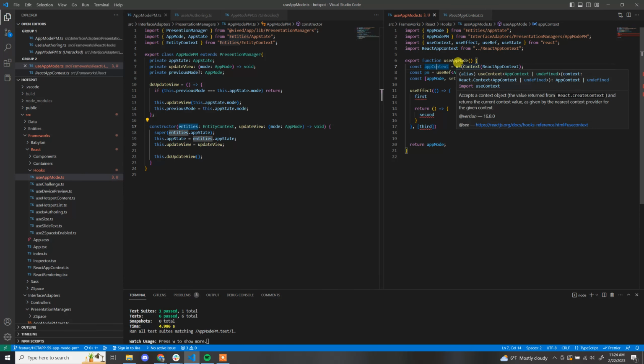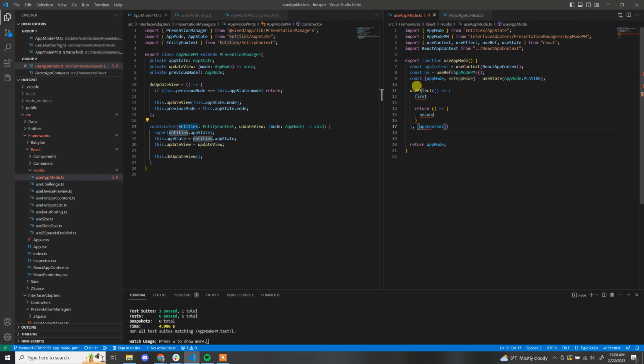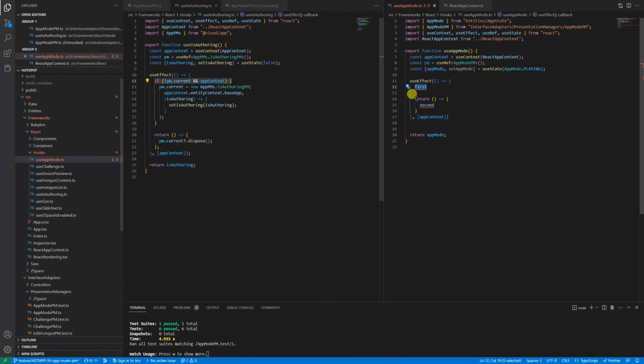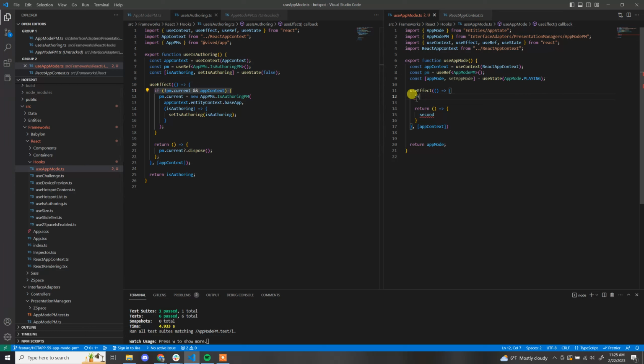Now, the catch here is on the first life cycle, this comes back as undefined. So we can't just make our PM. We have to wait for the app context to not be undefined, because it can come back as undefined. We have to make sure it's not undefined. So that's why we're dependent. This useEffect is watching the app context, and we're going to do an if